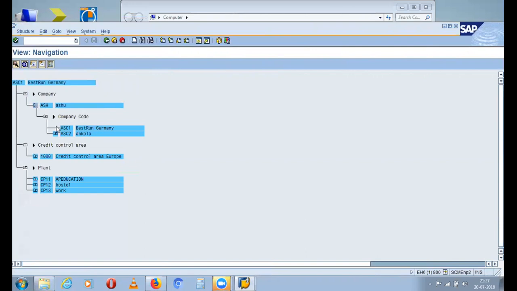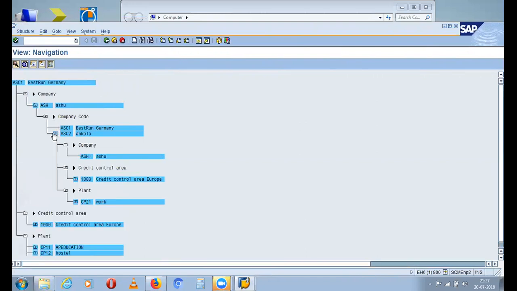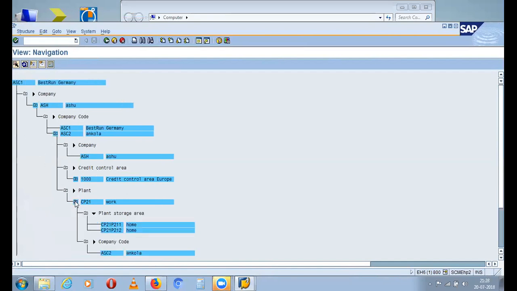Now ASC2. The details about ASC1 are already printed. Tell me the details about ASC2. I have one plant there, CP21. Okay. One storage location is there.